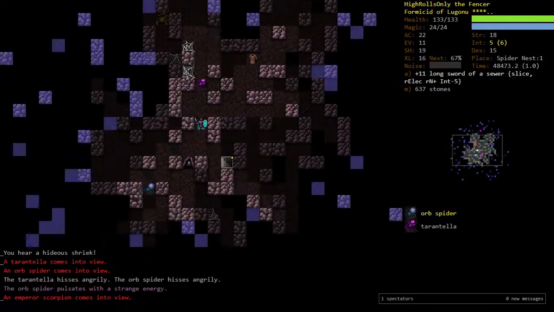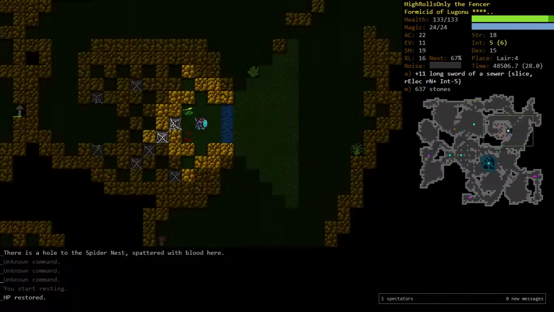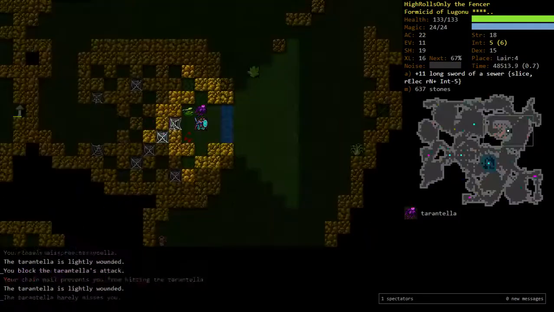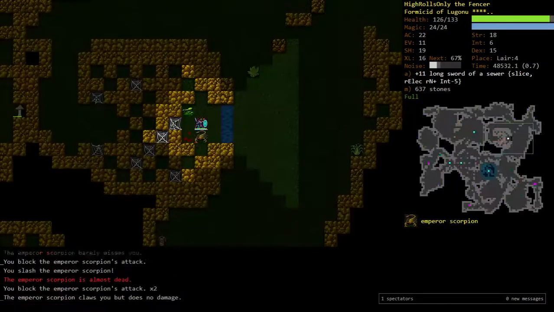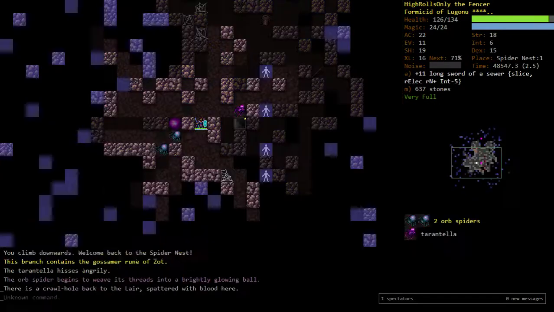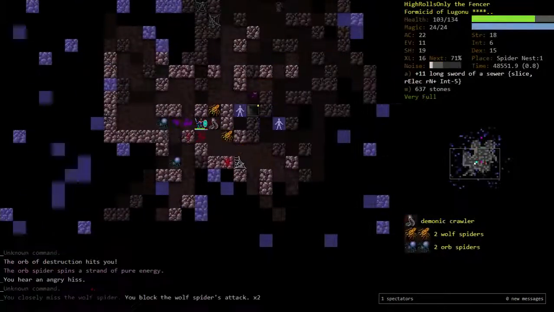Oh shit, we read a scroll of noise. That was not the right scroll I wanted. Okay, it's fine though. We'll just pull upstairs. We'll pull everything upstairs. We'll use a whole bunch of degenerative tactics to avoid damage. Yeah, we have a lot of...